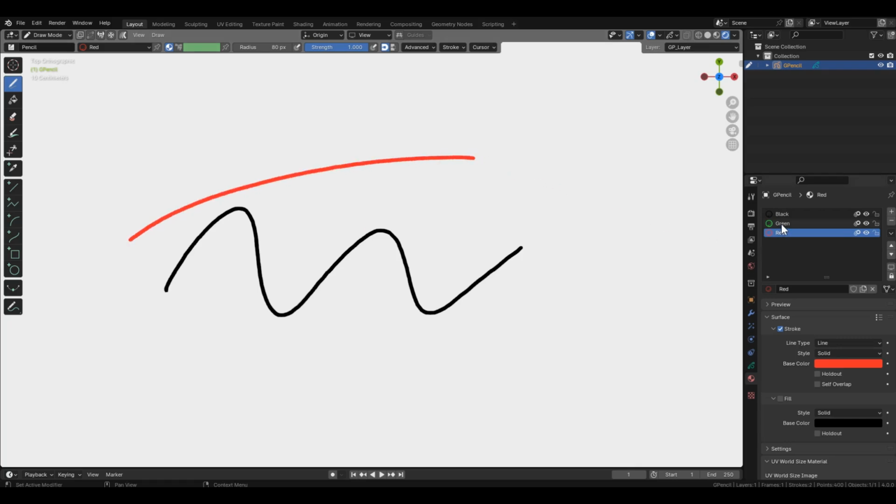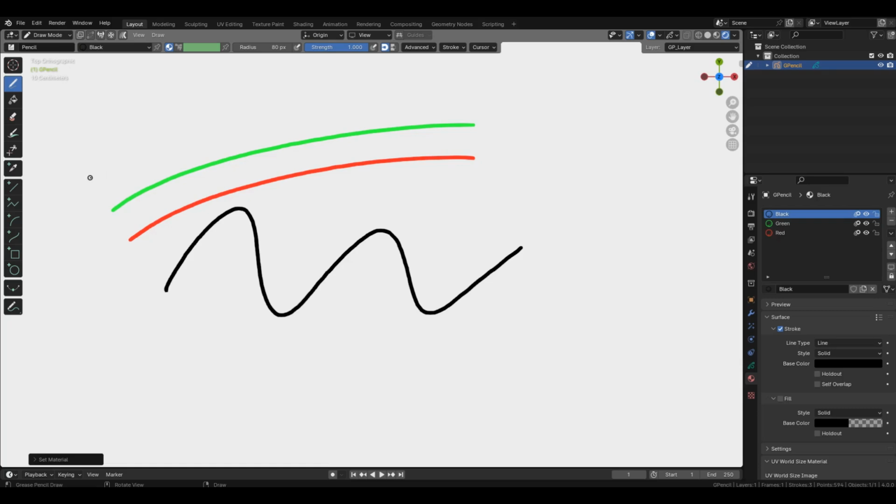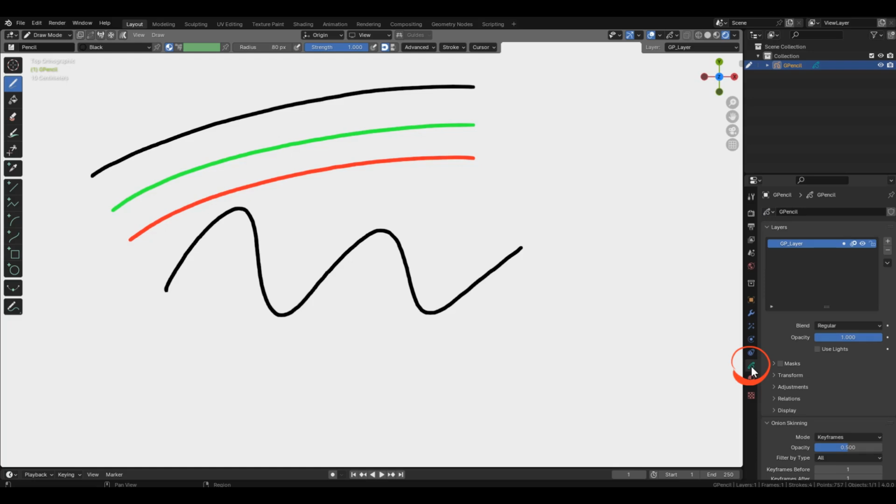Reminder, you can select the color in the Color Properties panel, in the Tool Settings panel, and in the right-click Context menu. If all your colors look the same, like black, go back to the Object Data Properties and check the Use Lights box. Maybe you forgot to disable it.